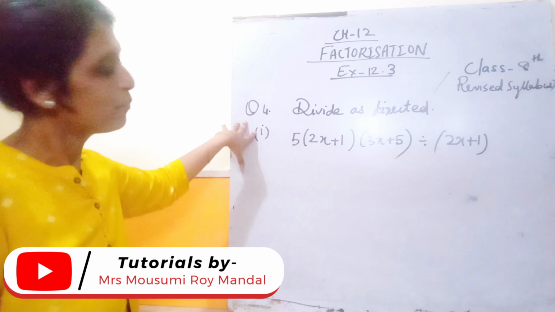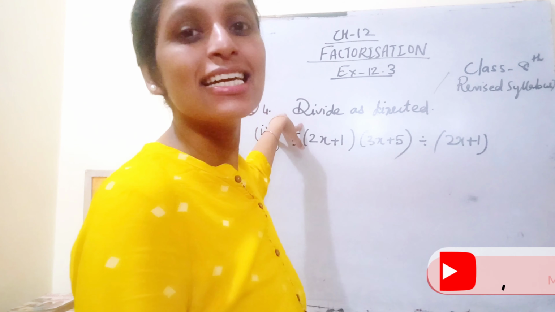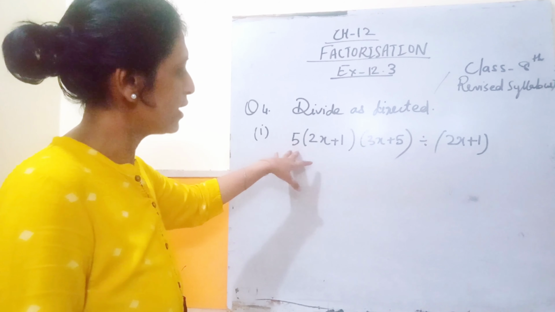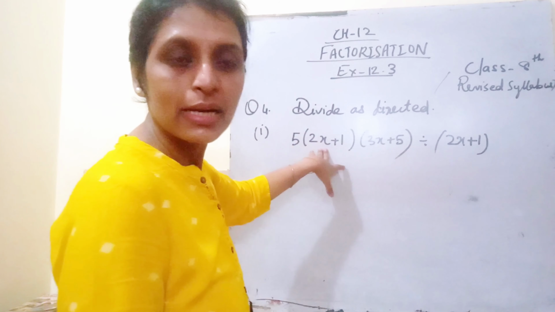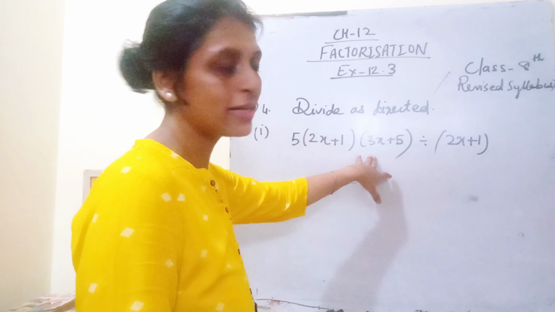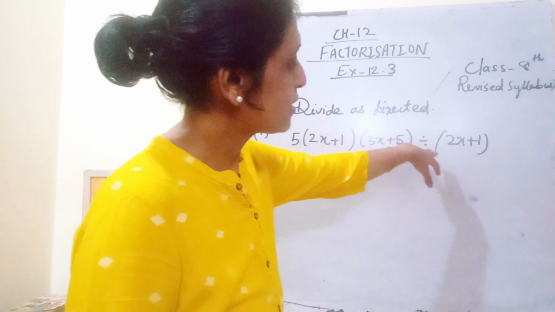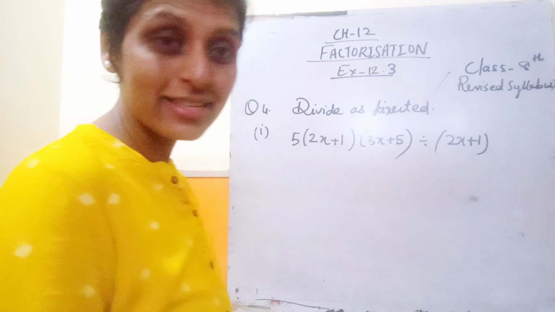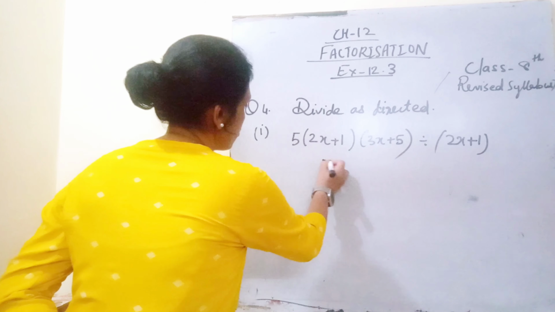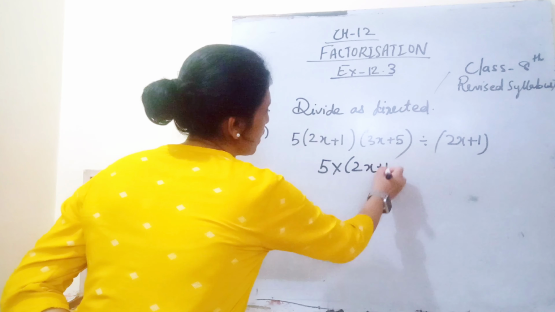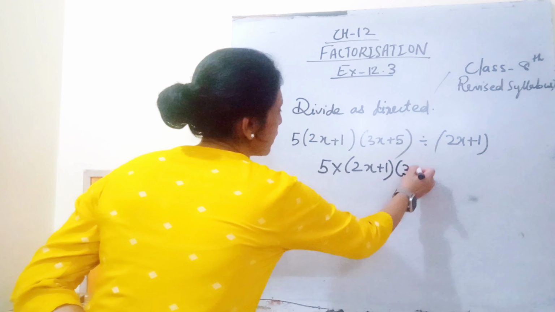Question number 4, we have to divide as directed. In this we have to divide 5 multiplied by (2x + 1) multiplied by (3x + 5), and it is divided by (2x + 1). Okay, so let's see how to do. 5(2x + 1)(3x + 5)